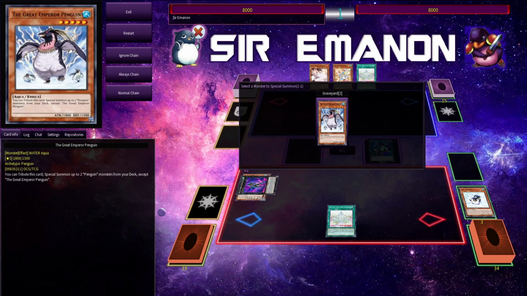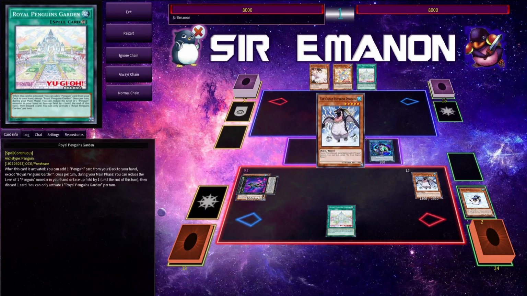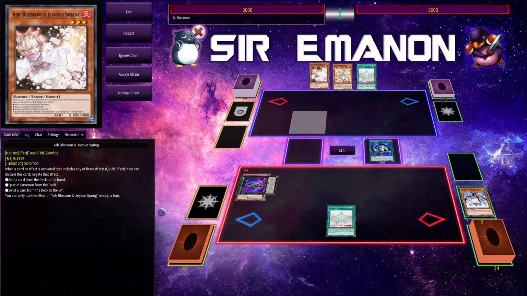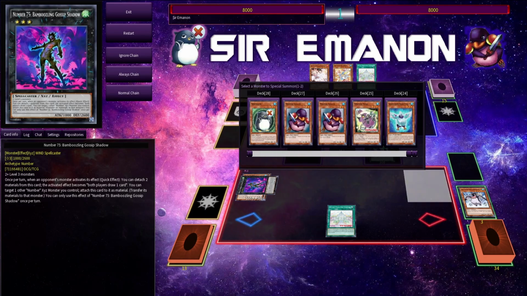So we're going to go and actually trigger the effect and bring back the Great Emperor Penguin, which, fun fact, this card is not once per turn. So we're going to go ahead and use this effect again, and our opponent should not Ash us here. I hope they don't Ash us here. But if they did, we could, I guess, go for the Gossip Shadow. I mean, if they have Nibiru and Ash, so be it. This deck is not really the best equipped to deal with 2 hand traps, but we're going to go ahead